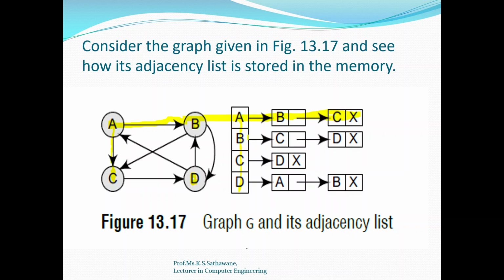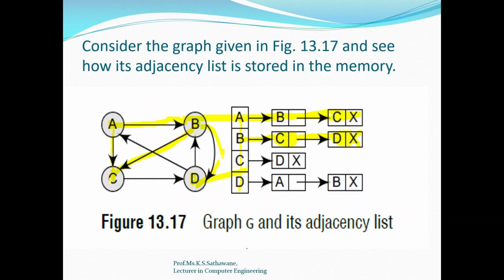Similarly, for node B, there exists a path from B to C. So we will have here an adjacency list entry as C. There exists a path from B to D. So you will have an adjacency list entry here as D. Okay, no further nodes are coming from B. So there exists a null entry here.